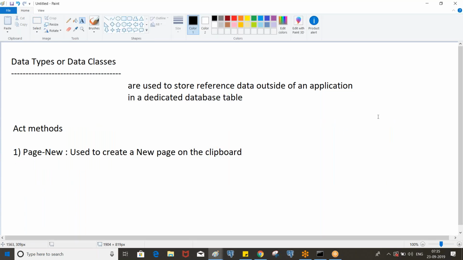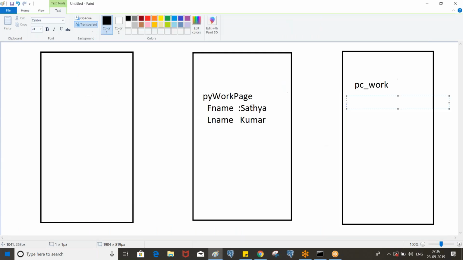If you want to create a new page on the clipboard, you must use the page new method.